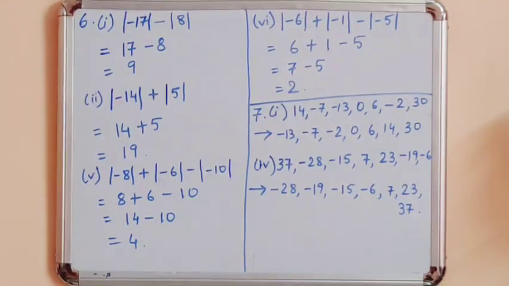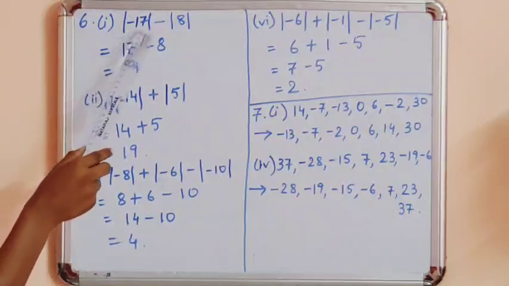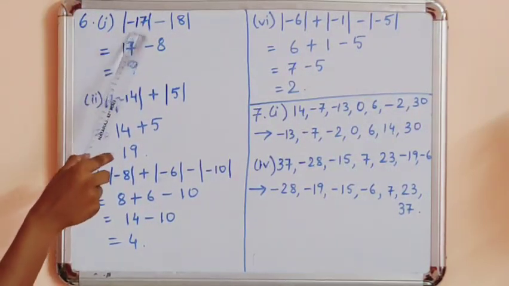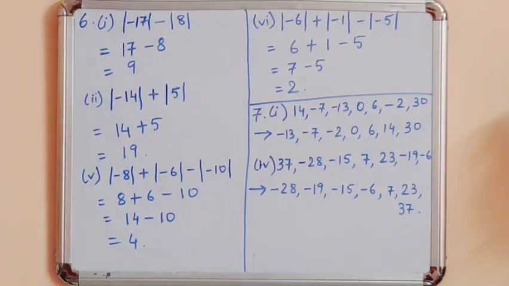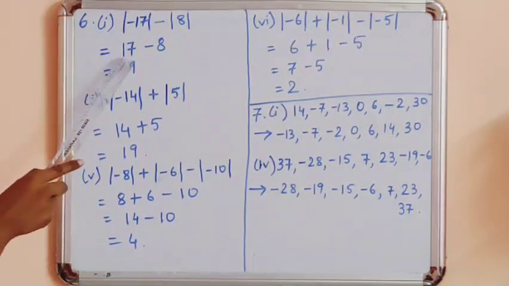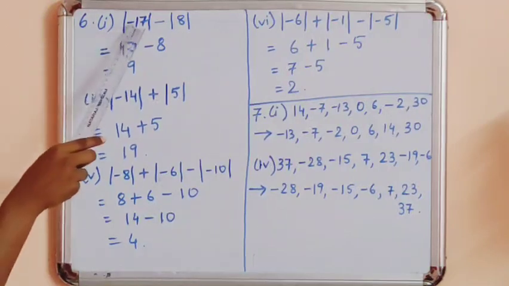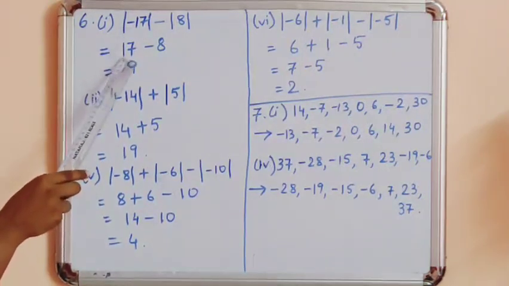Now let us look at number 6. Evaluate each of the following. See here, this sign means absolute value. Now what is an absolute value? Absolute value means any number which is written inside the absolute value sign, the negative number, irrespective of its sign, we have to take out the positive number. We just have to write the numeral form outside this absolute value. So even if that number has a negative sign, only the positive value will be here.